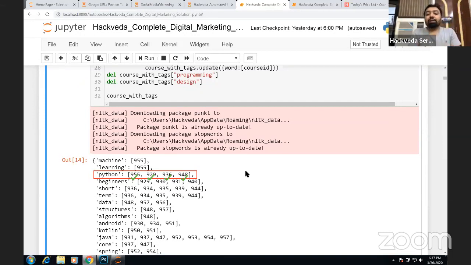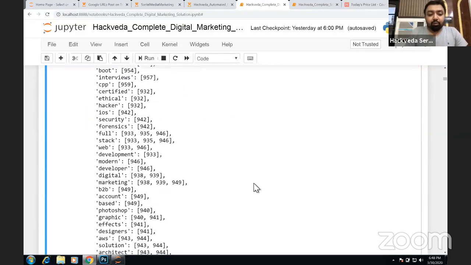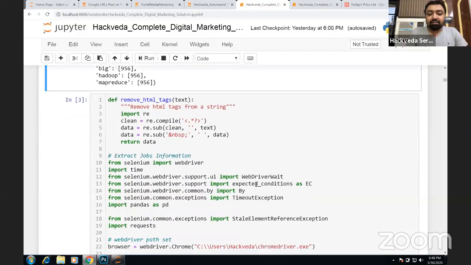Okay, so we are going to recommend all these 4 products to the people who have taken the Python program with us, or those who have shown their interest in Python programming with us. So that's what we're going to identify here with the tags. Once you have extracted the tags, let's proceed to the next step. Here you can see we have got all the tags identified for all the types of courses we have. So this is basic natural language processing, which we have done on the courses.